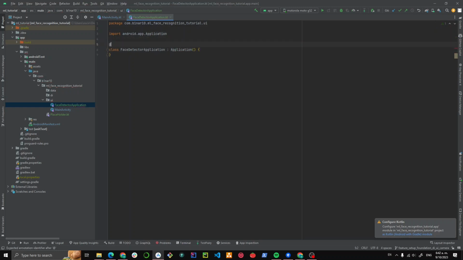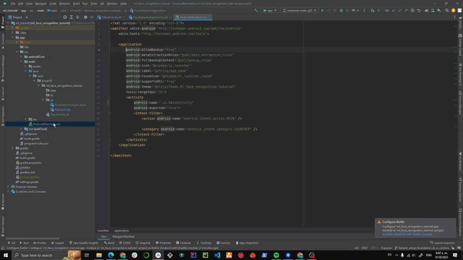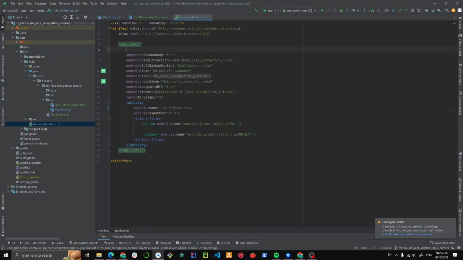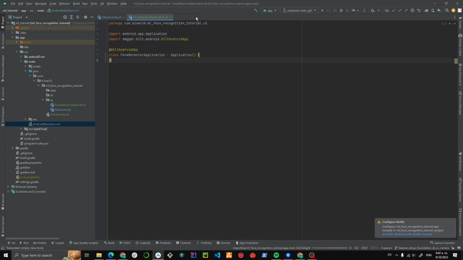The Hilt Android app annotation is crucial here. It integrates Dagger Hilt into our app for seamless dependency injection. In simple terms, it makes managing objects and dependencies easier. We have to specify the name of our application in the manifest,